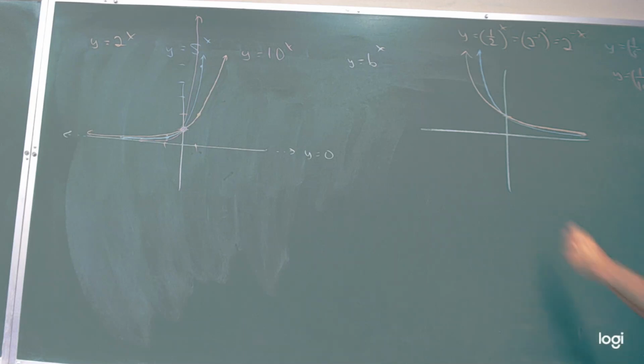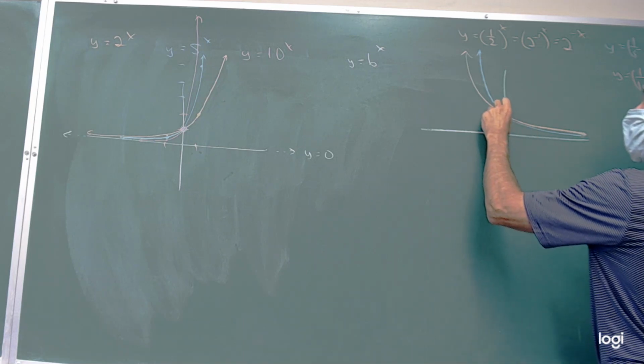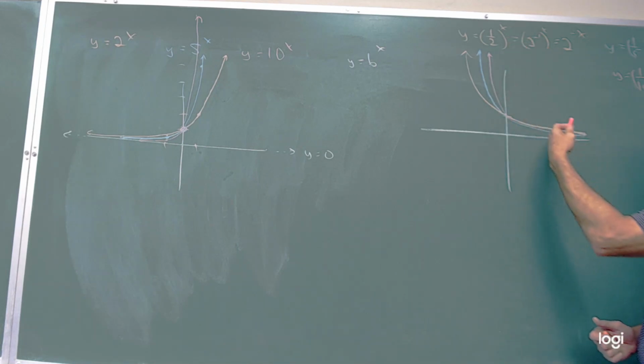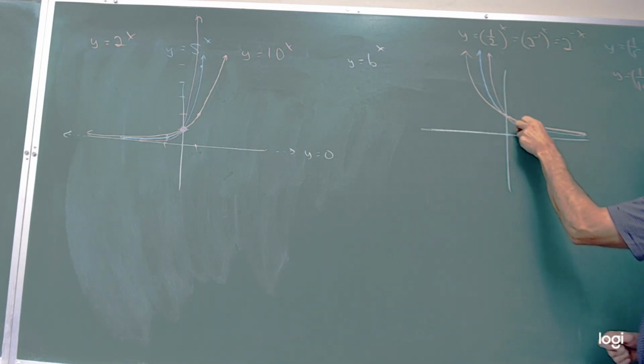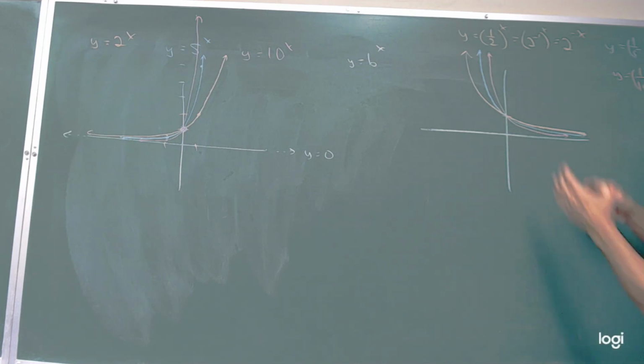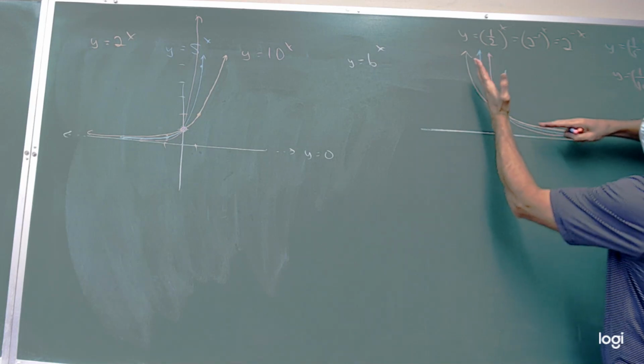And in a similar fashion, 1/10, or 10 to the negative x, will be steeper still in its decline to the left of the y-axis and will decrease faster and hug that x-axis closer, faster than when it's to the right of the y-axis. So once again, in my mind, even though it's never going to be a right angle,